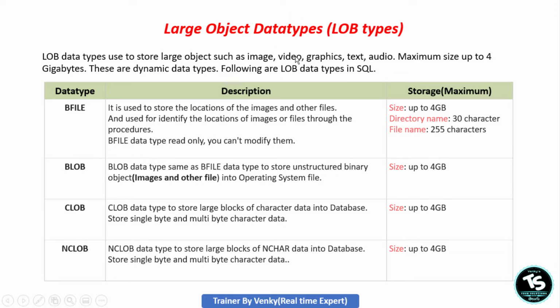By using these large objects, we can insert data up to a maximum of 4 gigabytes.